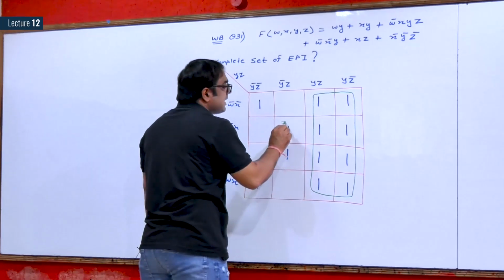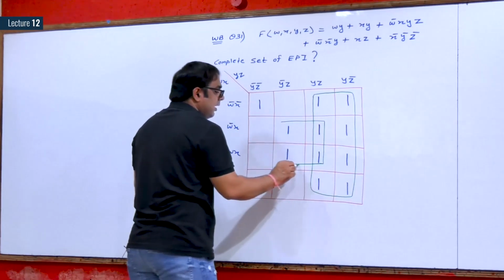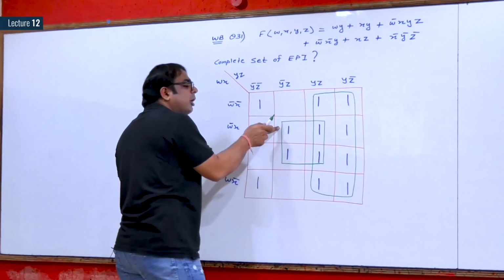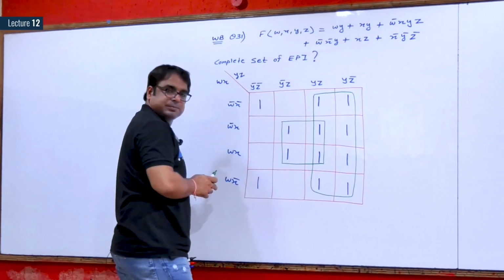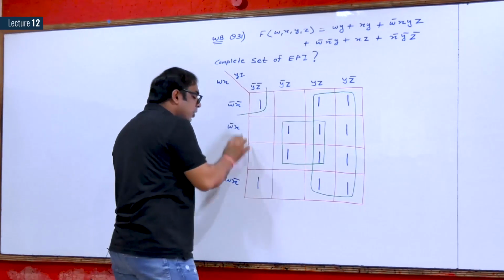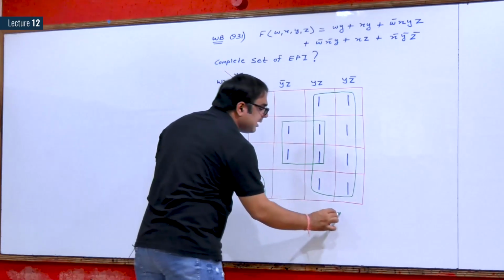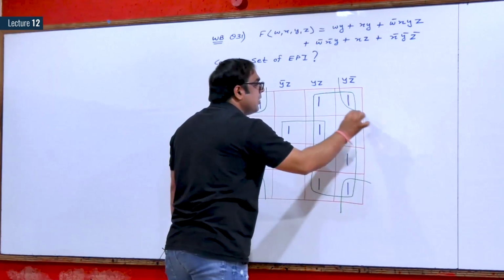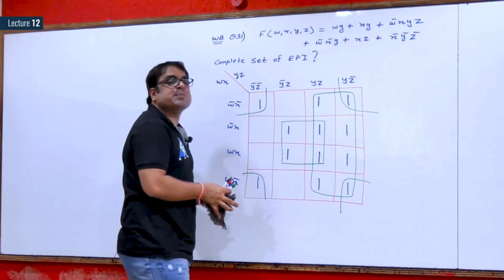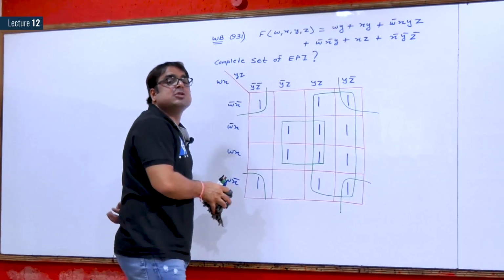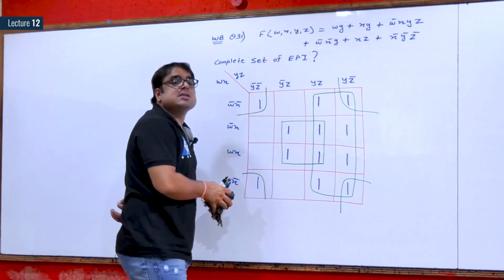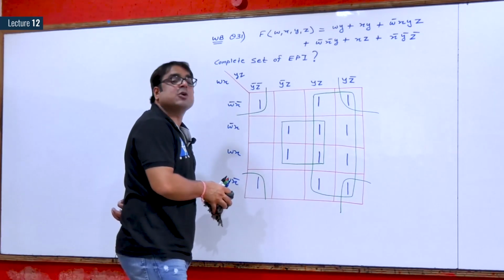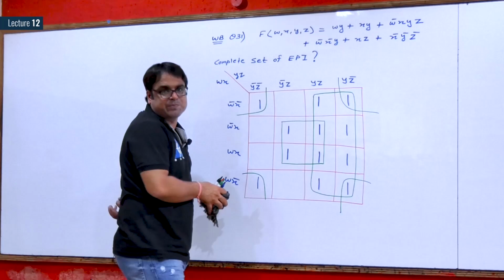Now, this quad is not part of an octet. So as a quad, it is the best possible group. Now, the corner quad is the best possible group as it is not part of an octet, so as a quad it is best.